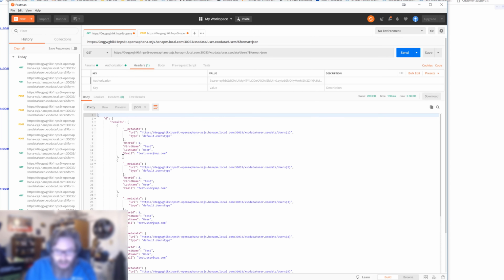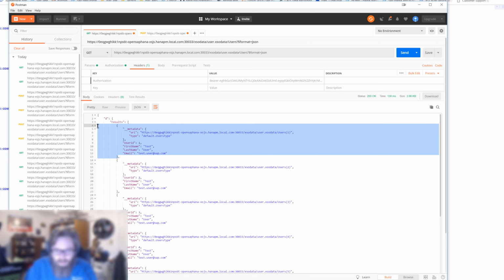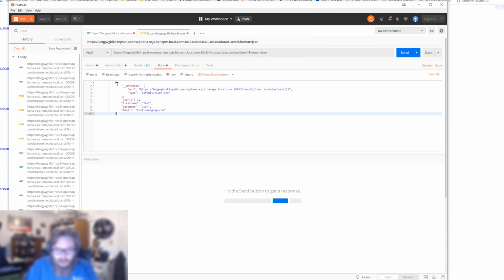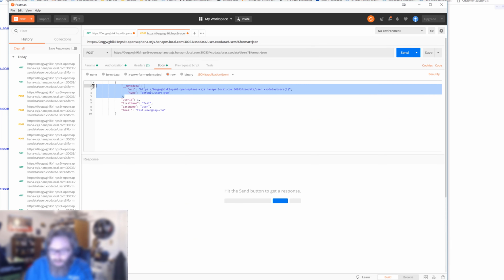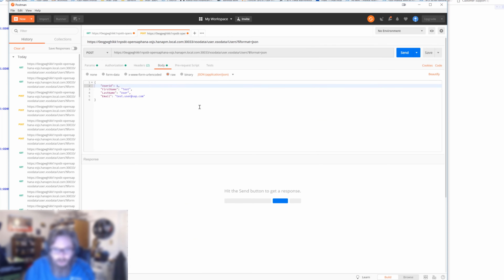And basically we can take the JSON data from our GET request, and we'll come over here and we'll put it in our post. We don't need the metadata. We can beautify it, and we can make it whatever we want. Test exit, and maybe the user's last name is user exit, and we'll call this test exit at sap.com. The user ID, we had to pass it in because it's a required field, but we're going to use the sequence to actually insert that into the database, the identity column. So you can put in any dummy value you want. It's going to be ignored. And now when I hit send,